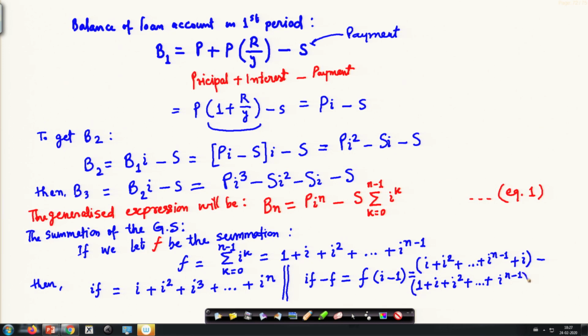This is the second part of the expression,